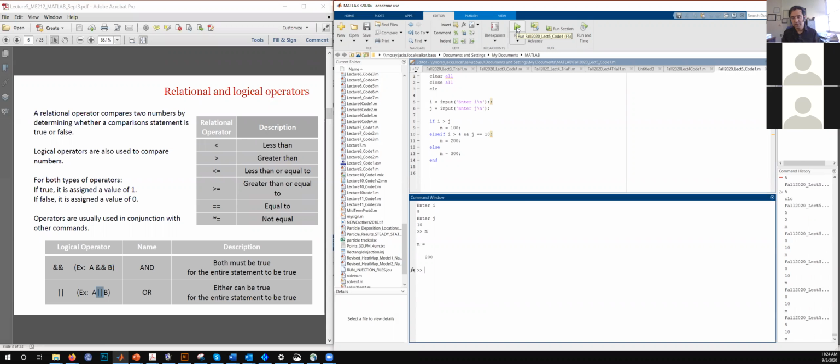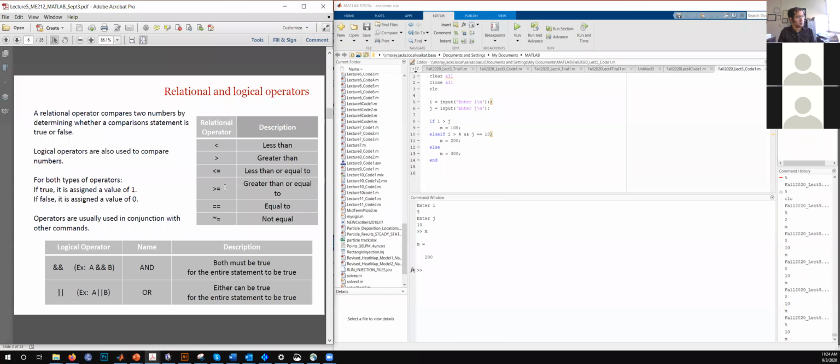Okay, any question on this one? Okay, so you can use these logical operator symbols in your conditions and make sure that you use them correctly. The ones that I want to highlight are these. Make sure that the order is right. So first the greater than sign and then the equal. And then this one, where not equal means this wavy symbol and then equal.